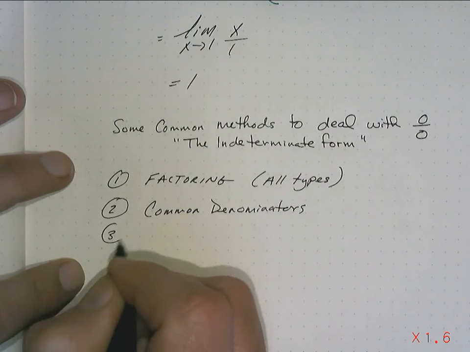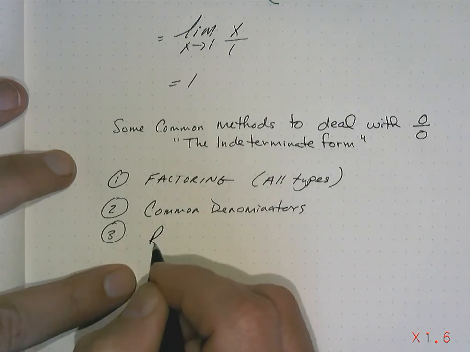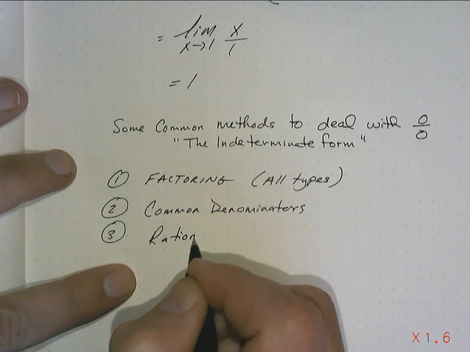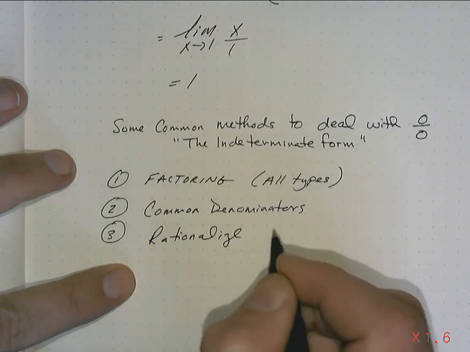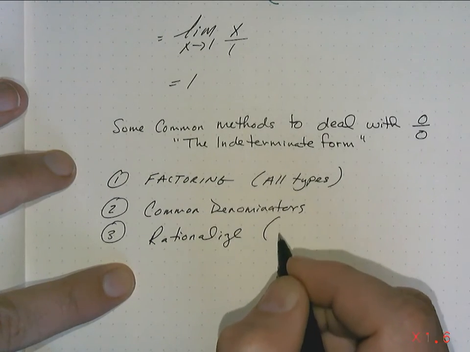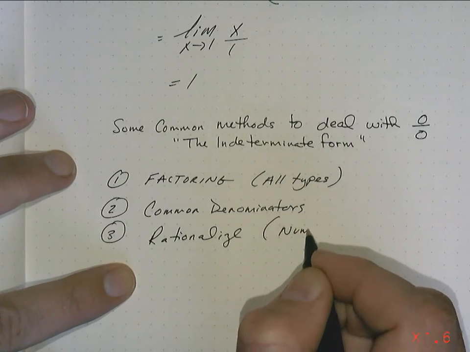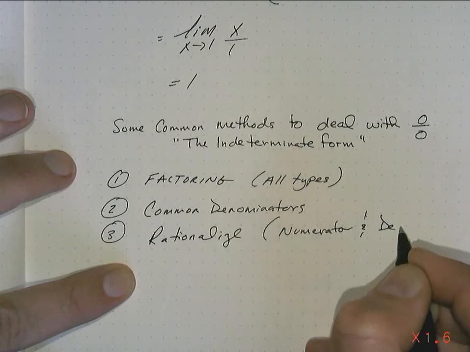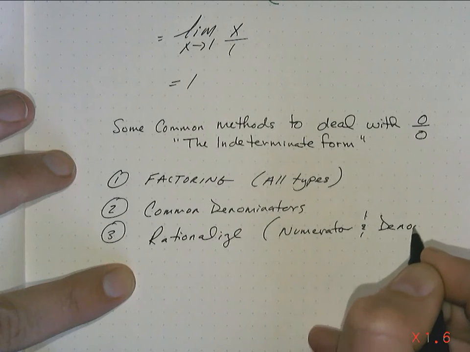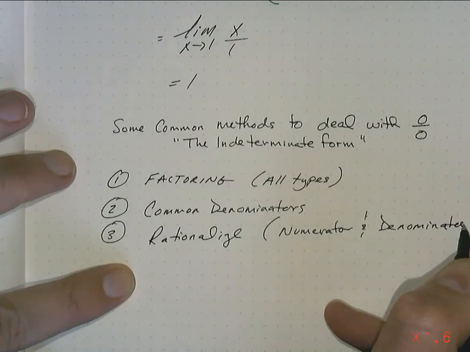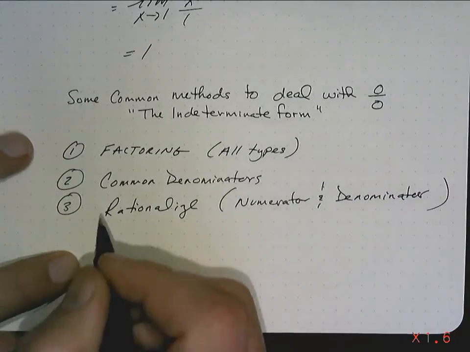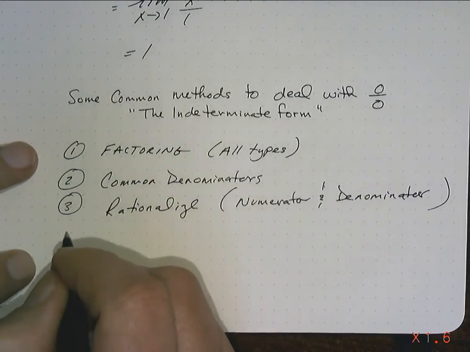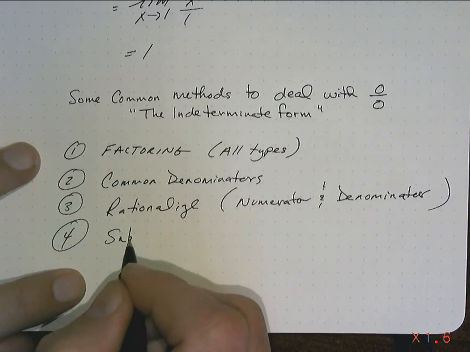Number 3, we do rationalize. And in this one, we do both the numerator and denominator, depending on the question. And for substitution,